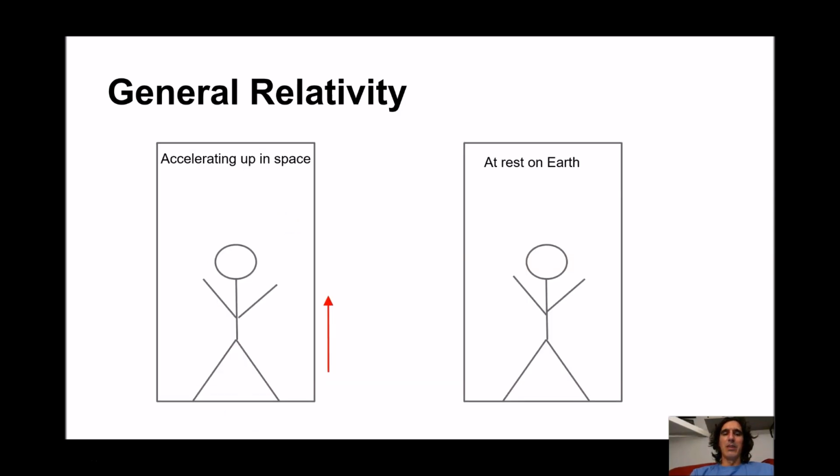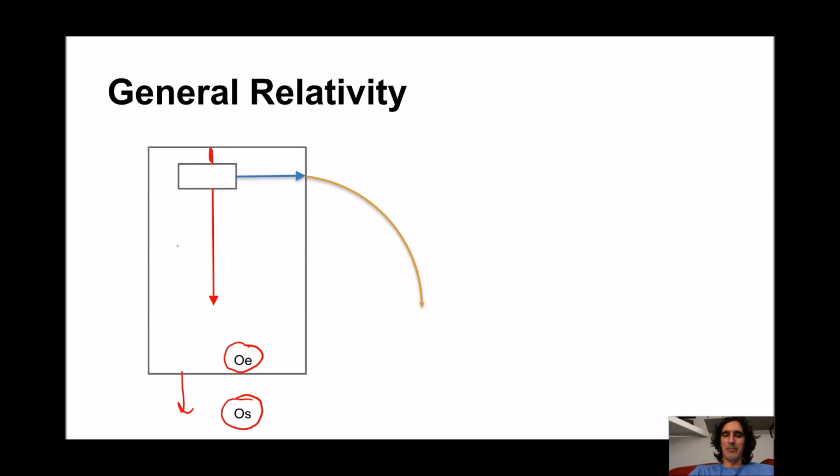So they have a gravitational field which means it's similar to either a person being at rest on Earth where there's weight, or they're accelerating upwards in space, making them feel weight. As a result of this, there's two reasons why we can have this curved path of the photon. The stationary observer says that there must be two reasons that are going to cause this curved path. One of which